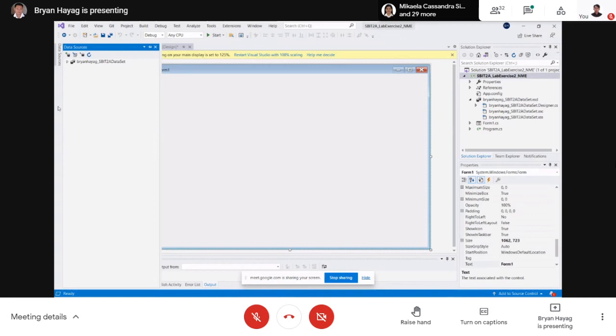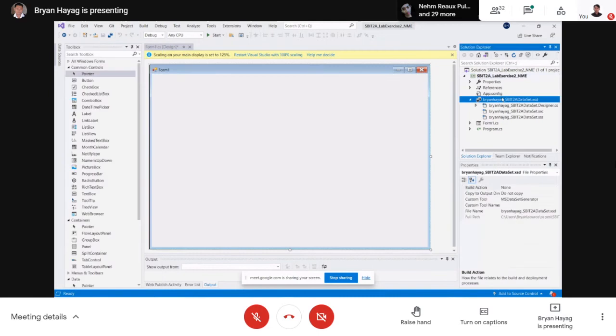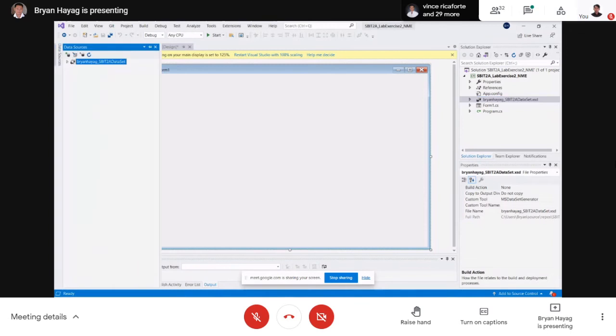Okay, so I think that the connectivity has already been created. You could see it as an evidence here. Ito, yung .xsd na to, which is actually your data set. It's file extension of your data set. This data set contains already the data that is being retrieved into an online database. And just like what we do last week, we try to